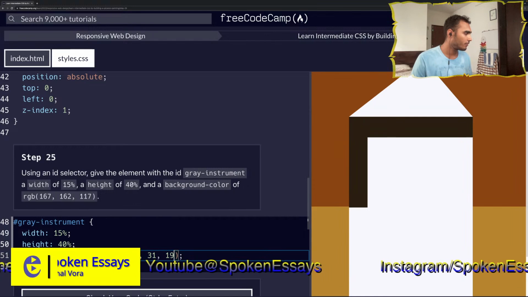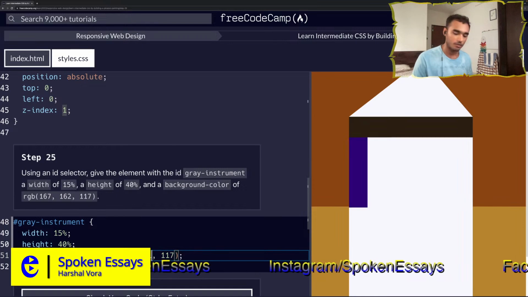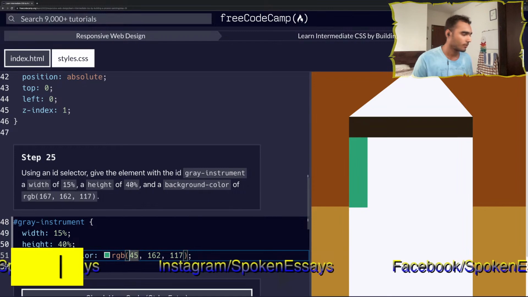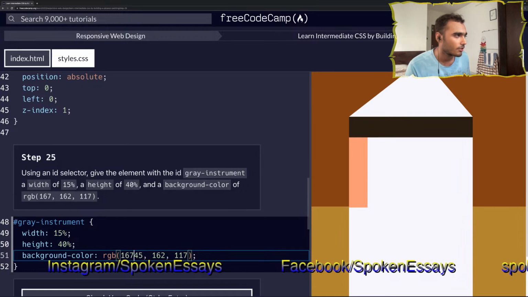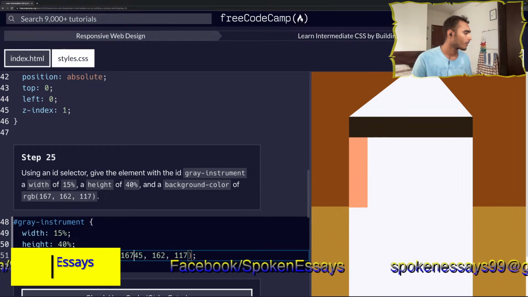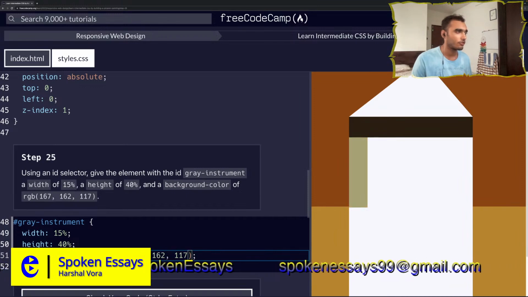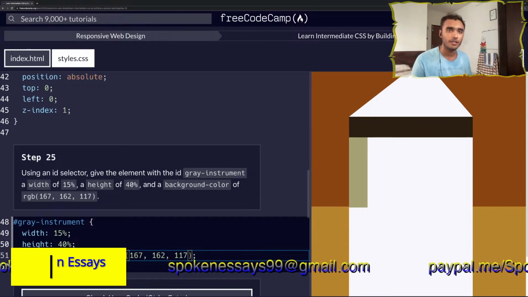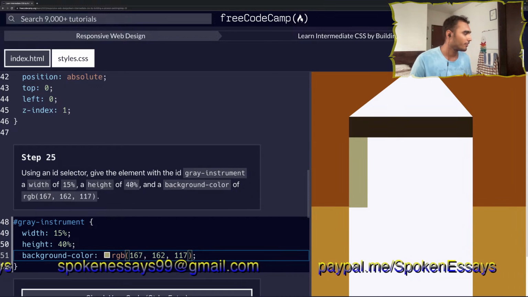And the RGB values will be a little bit different. 117, 162, you can see that color coming, and 167. That is something pinkish, skin-like color. Oh, that's not a proper number. I see. That is some shade of green, a grayish light shade of green. Anyway,